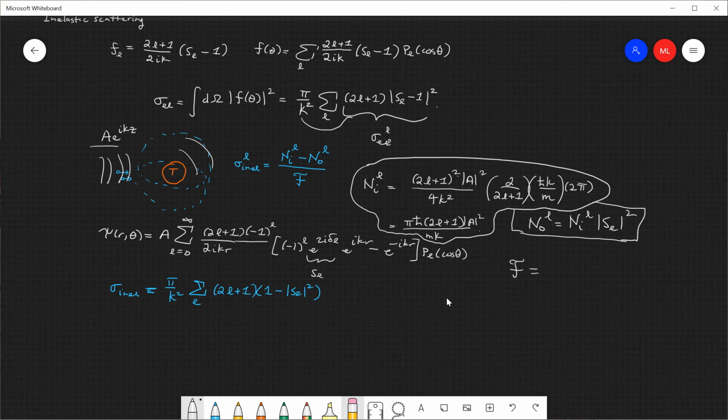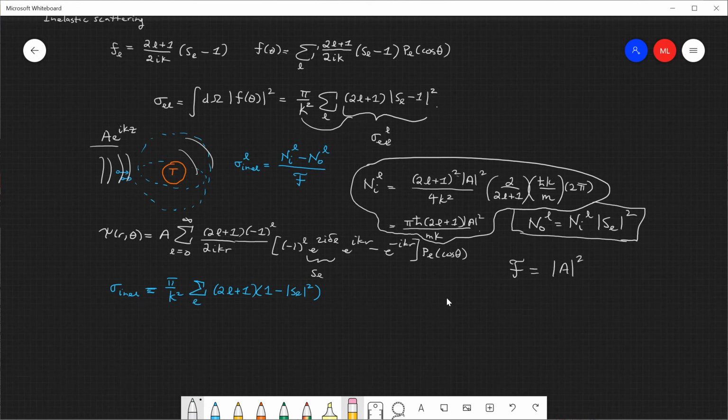We derived the flux in the first lecture on scattering, for a plane wave. Yeah, the incoming flux is the magnitude of A squared